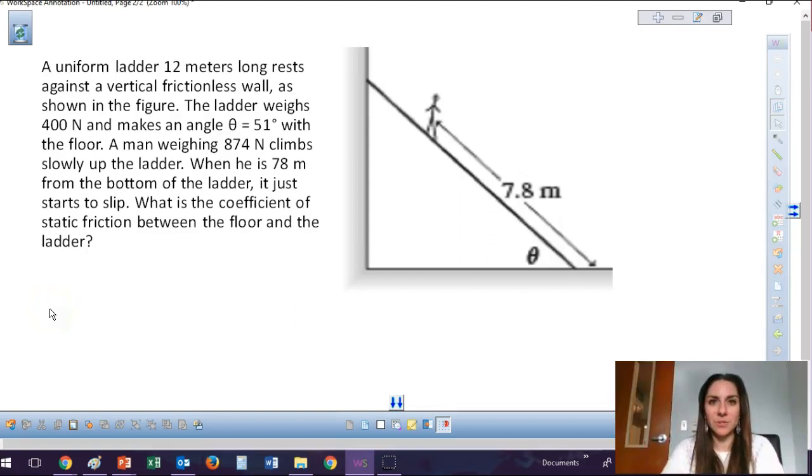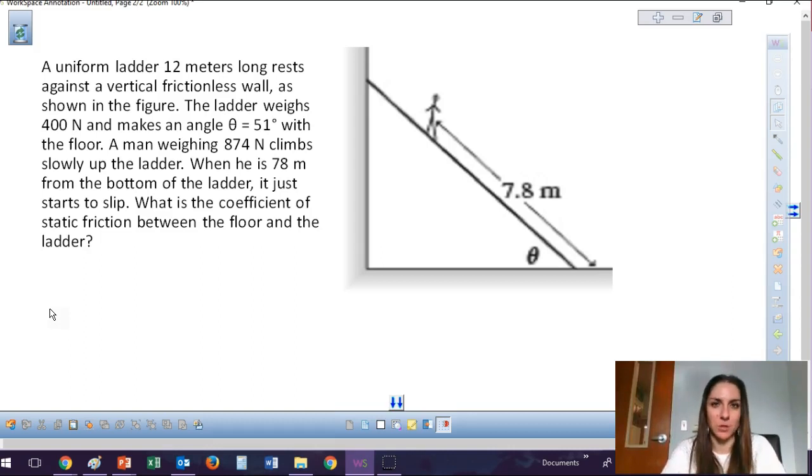Hi everyone. I'm going to do what is called a ladder problem. It's a pretty common problem on the AP, and essentially we're using the idea of equilibrium to solve it. So ideally we have forces acting on this system, but we have too many unknowns, so we're going to use torque as a way to eliminate one of the unknown forces and solve for the other features,